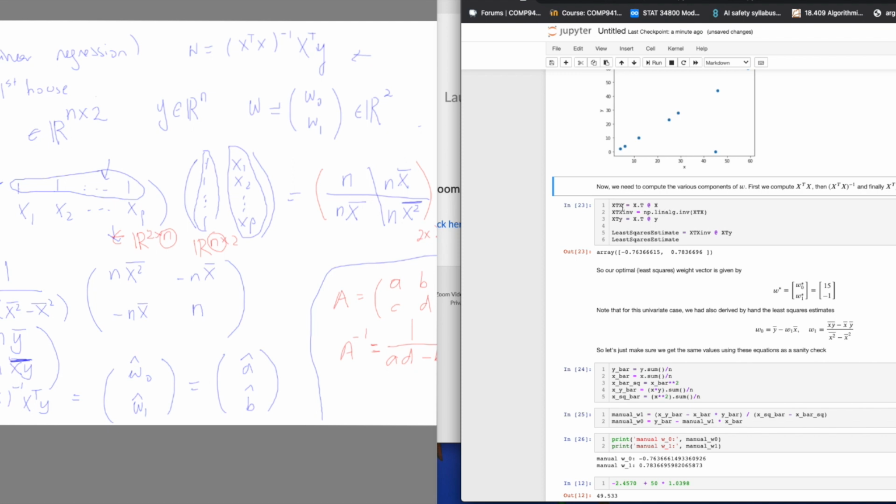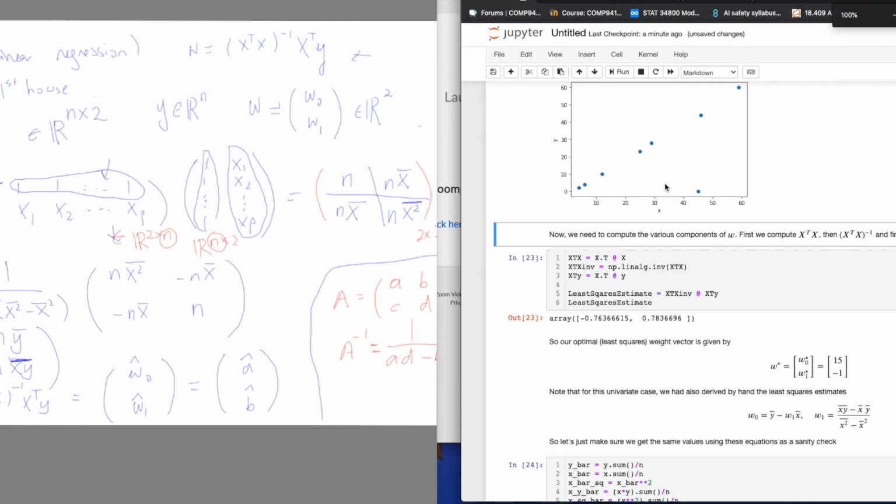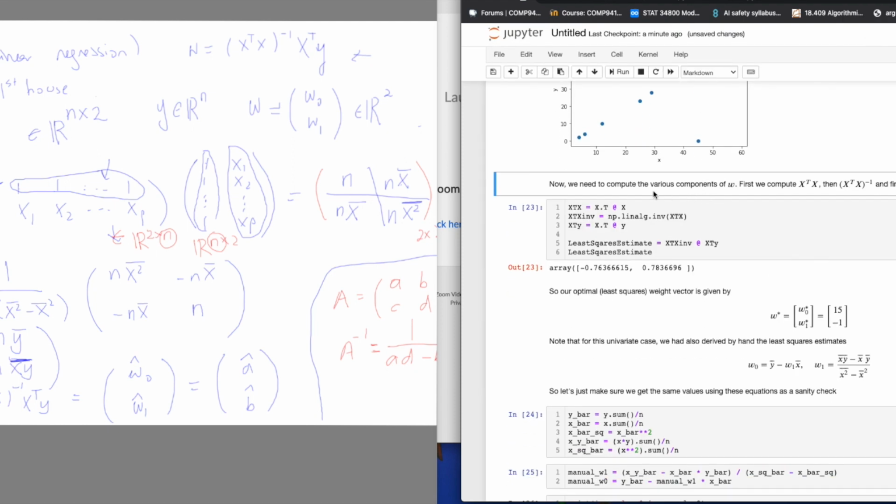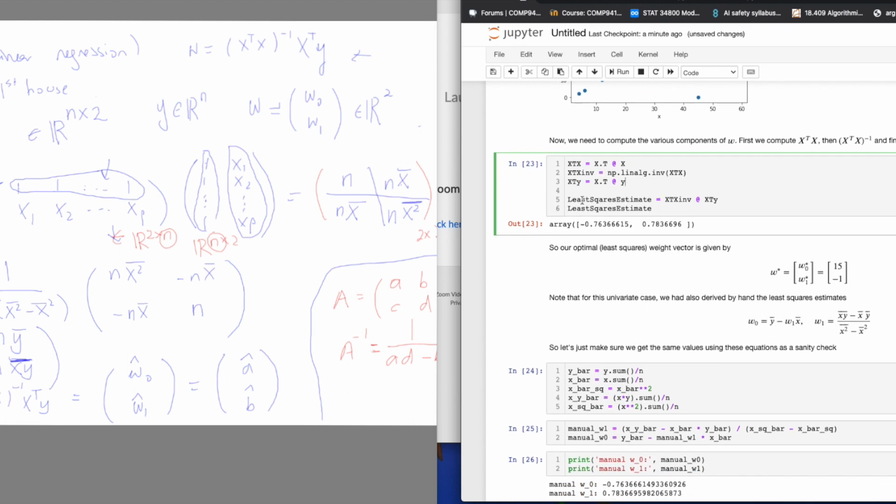Okay, so I want you guys just to get used to this notation. I've already written some LaTeX here just to show you exactly what's going on, but X transpose X inverse, X transpose Y, and then the least squares estimate, right, is this thing, X transpose X inverse, X transpose Y,